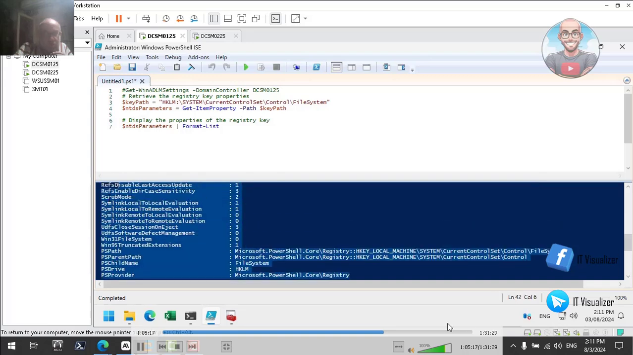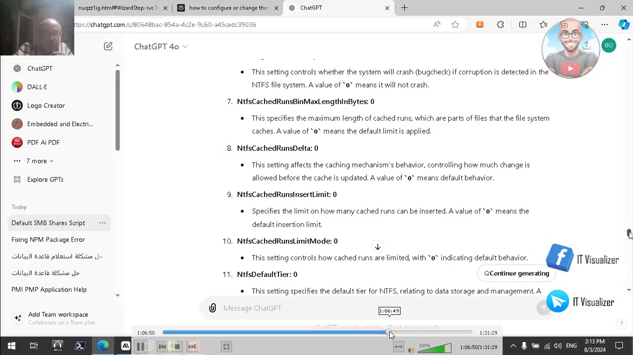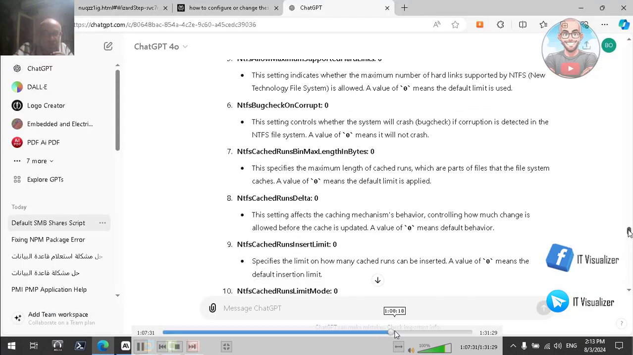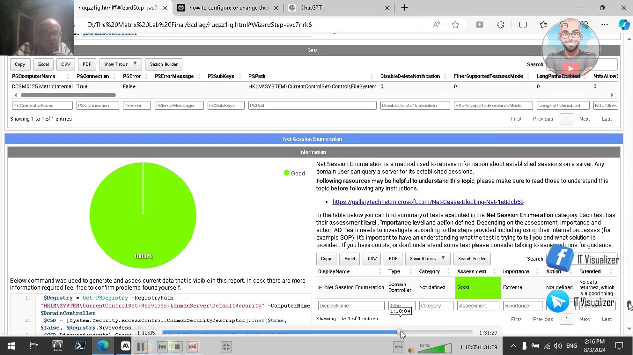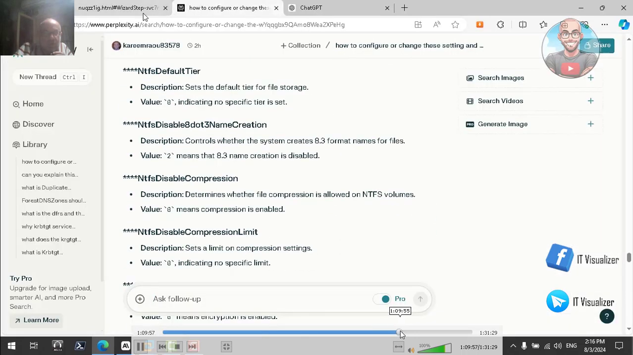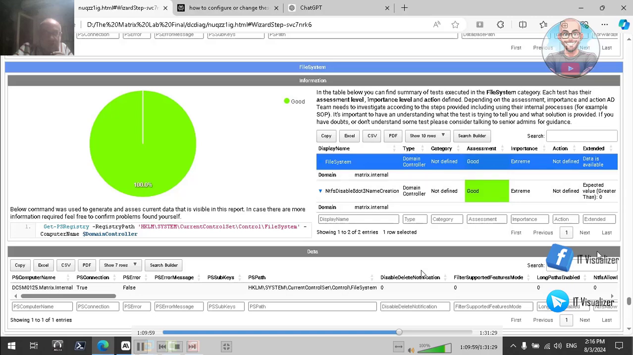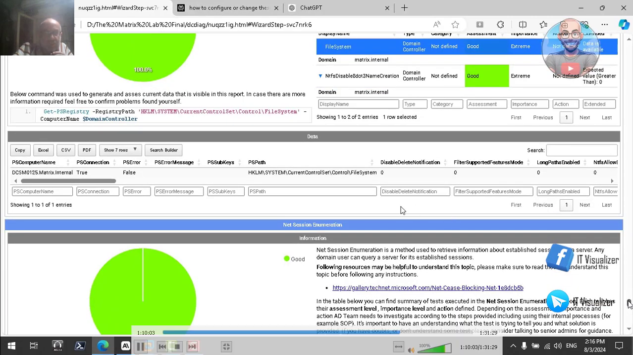Here, I have asked the AI tools to explain the content of the registry key, but anyway, you have already seen this before. We can continue working. Okay, let's go to the other test after file system, which is the net session